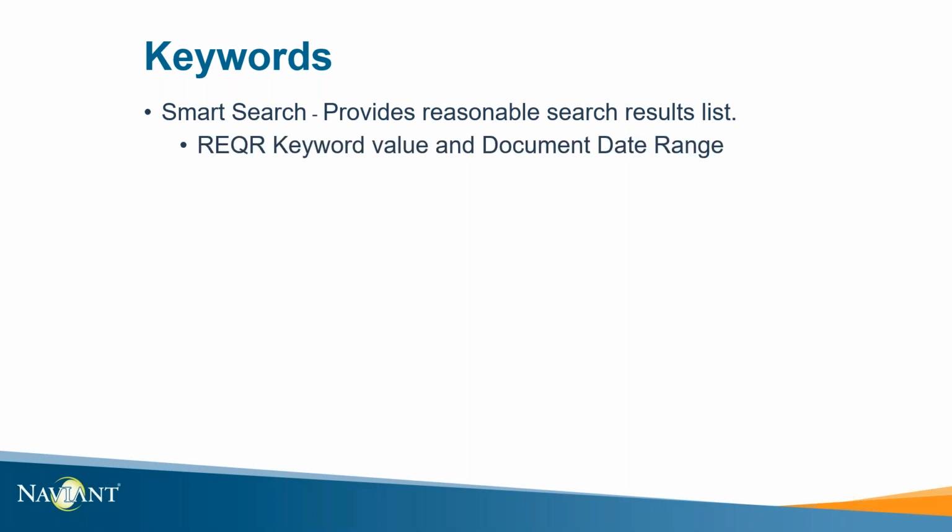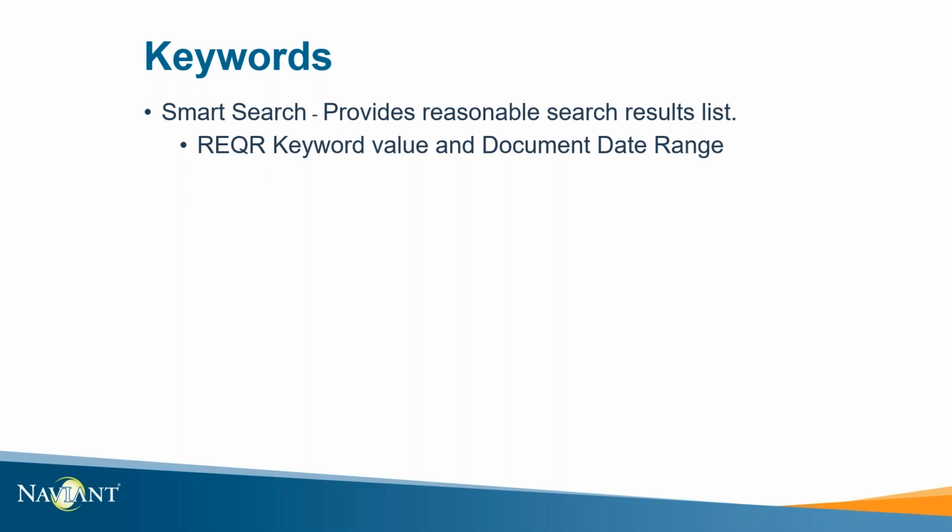To accomplish a search results list to return less documents, it's best practice to have that required keyword value and a document date range to search within. To help the search list retrieve the least number of documents, the database will search through the criteria given and start with the keyword that has the least number of documents. Once the selective keyword is identified by the database, the rest of the search criteria helps narrow down which documents to return.